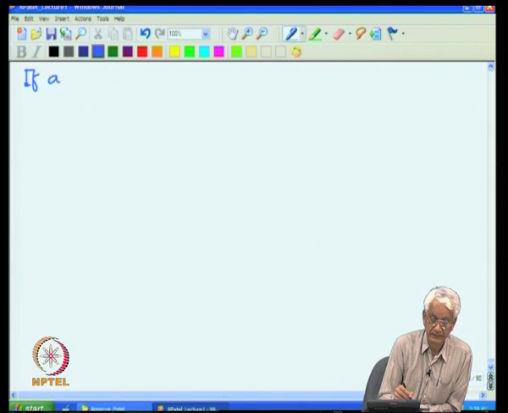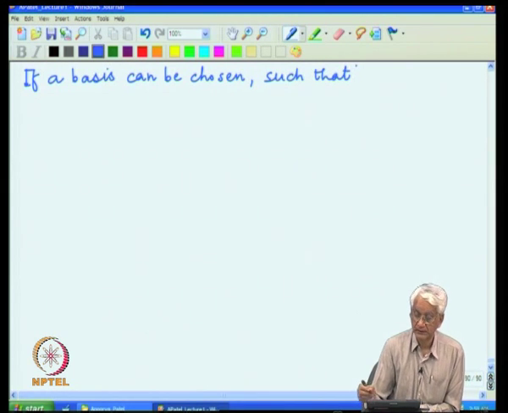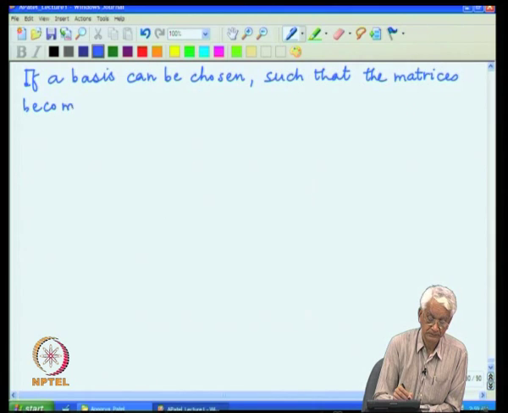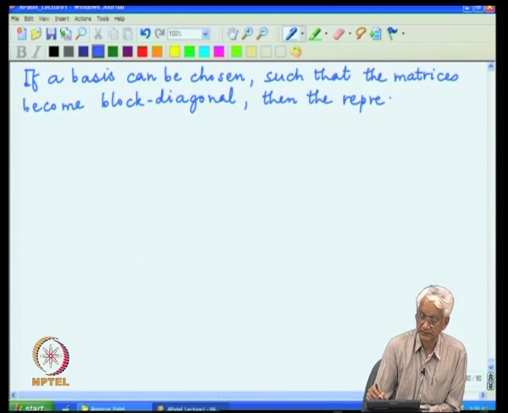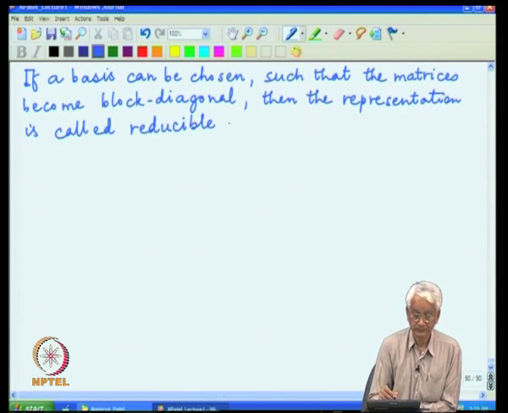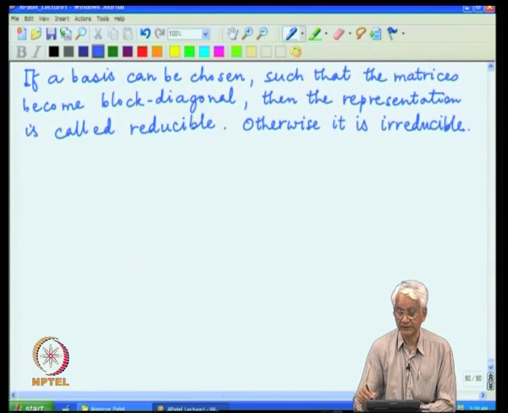So, if a basis can be chosen such that the matrices become block diagonal, then the representation is called reducible, otherwise it is called irreducible, and